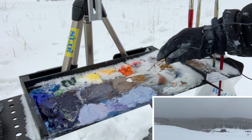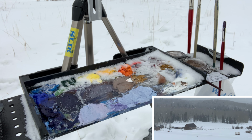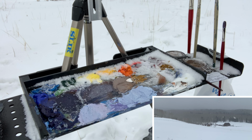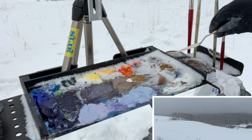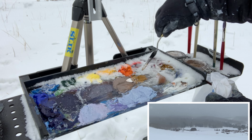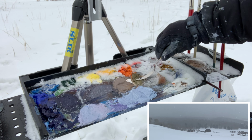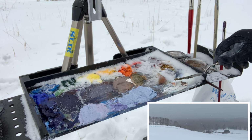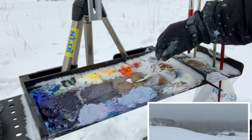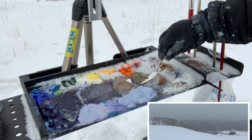So there's my color there for the forest. A little bit warmer in temperature, lighter in value than what's in front of me. So I've got that color there. And then for the evergreens, I'm trying to use a little bit of a limited palette here. I'm not using all my colors on purpose, and I'll tell you why in a minute. But I've got yellow ochre and then some ultramarine blue to get those evergreen trees that are sporadically placed back in there. And I'm going to put a little bit of cad red in there so it's not as powerful. A little bit of cobalt blue. I see those trees as kind of cool